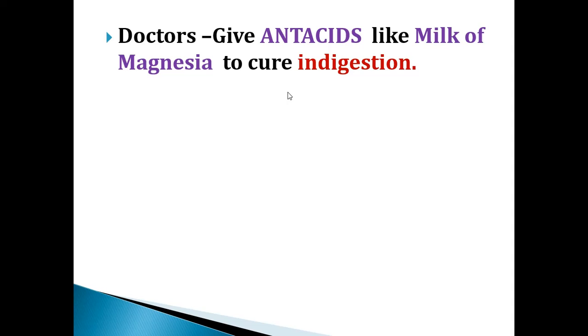To neutralize the effect of an acid, they will give antacids like milk of magnesia, which is a base, and will cure indigestion. It will reduce the effect of acid and cure indigestion. Understood, children? Now, neutralization reaction is